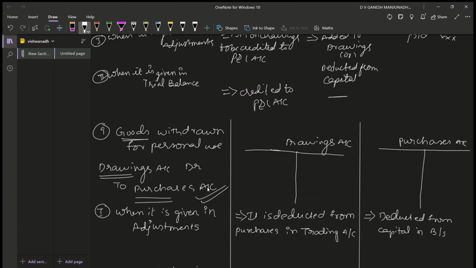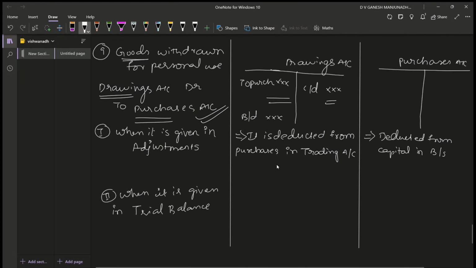In the drawings account there are two purchases, so we are going to write two purchases. In the carried on balance, we are going to write the same. We are going to write the total here, and there is a brought down balance, so we are going to have a debit balance. So there would be no adjustment in the trading or P&L. Let us see why we are not going to have adjustment. Purchases will be having a debit balance, to balance brought down,